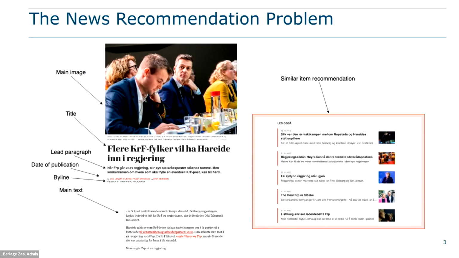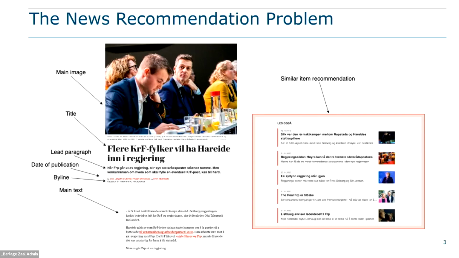So this is how we approached the news recommendation problem. Here is a Norwegian news article, and you can break that down into different parts. So there is a main image, a title, a lead paragraph, date of publication, the main body text, maybe a few tags and categories. And each of these are features of a news article that you can leverage to come up with new recommendations. Typically, what you see is that there is a similar item recommendation that, based on, let's say, the overall similarity, or typically on recency, news articles are recommended.